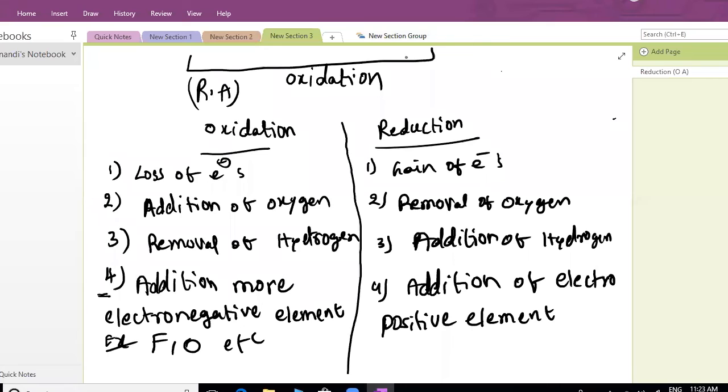Yes, yes. Oxidation number increasing is also oxidation. Correct, all these are correct only. One more example, sir, I'm going to go. I'm going to the next slide; I need to complete this one. Can I go to the next slide?